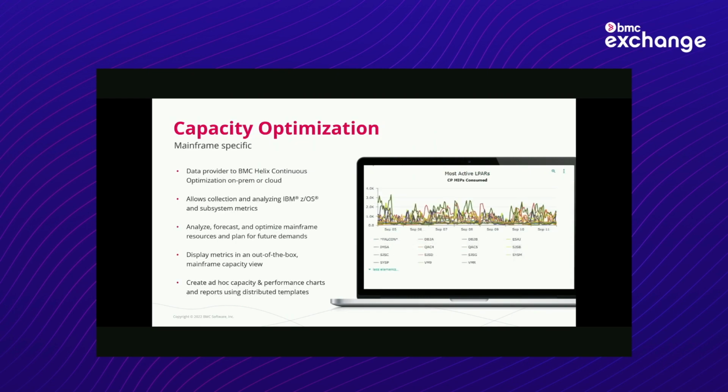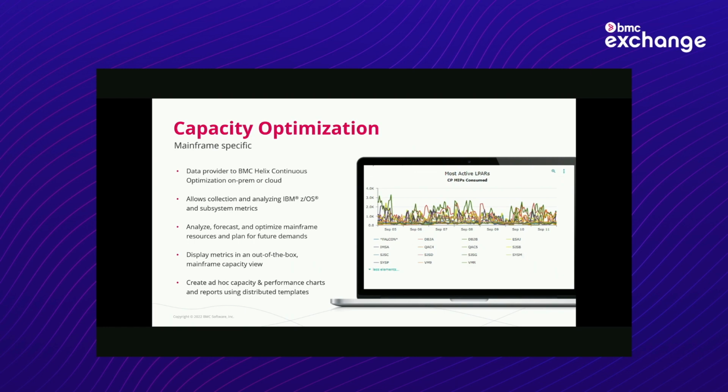And then as we move on into perhaps a slightly less real-time operational state, but in fact I would suggest even more important is a capacity optimization view. So looking at how people can understand the capacity of their systems. Mainframes have been around for 40 years and mainframe capacity processes are quite advanced. However, with this